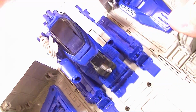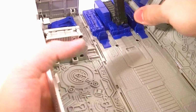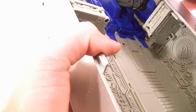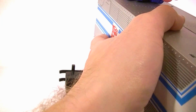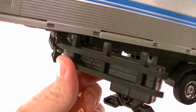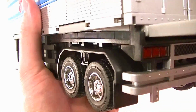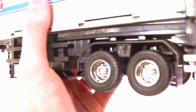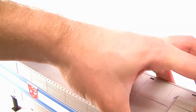So you can fold those down, and then this thing can fit through those holes so that when you fold it up to put the trailer back together, there's an extra little... You fold these in, by the way, and if you'll notice, when you fold these in, those little pedestal things collapse inside itself. So you can close this up. I should have done that first. Okay, so close everything up,